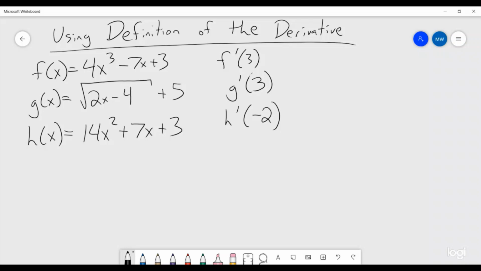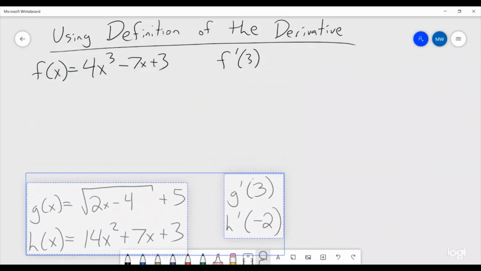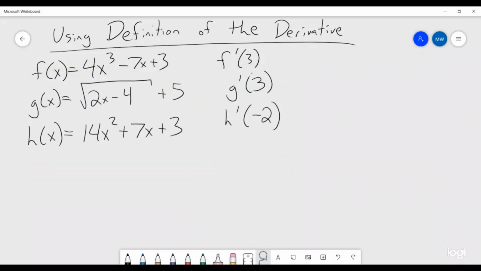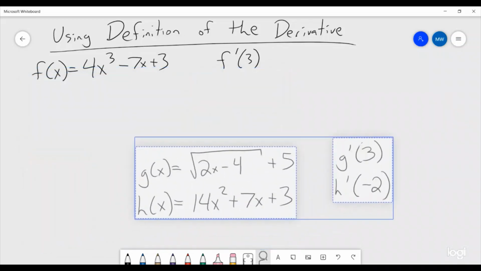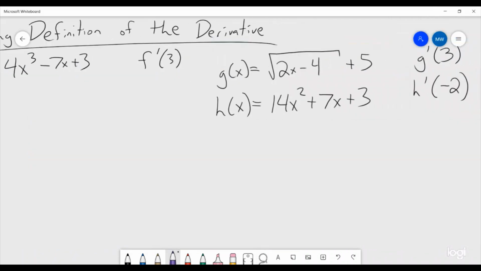Okay, hopefully that was enough time. Let's go through and figure out what are these different ones. So let's start by doing f of x. So let's move these down so that we have enough room. Oh, come on, why didn't they move? All right, so moving these to the side for the moment. Okay, so